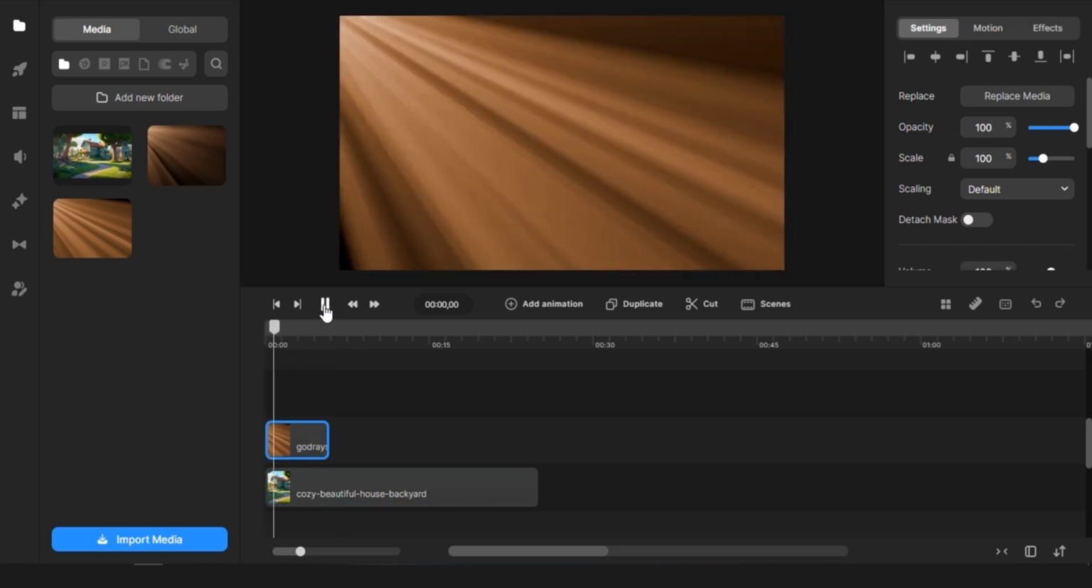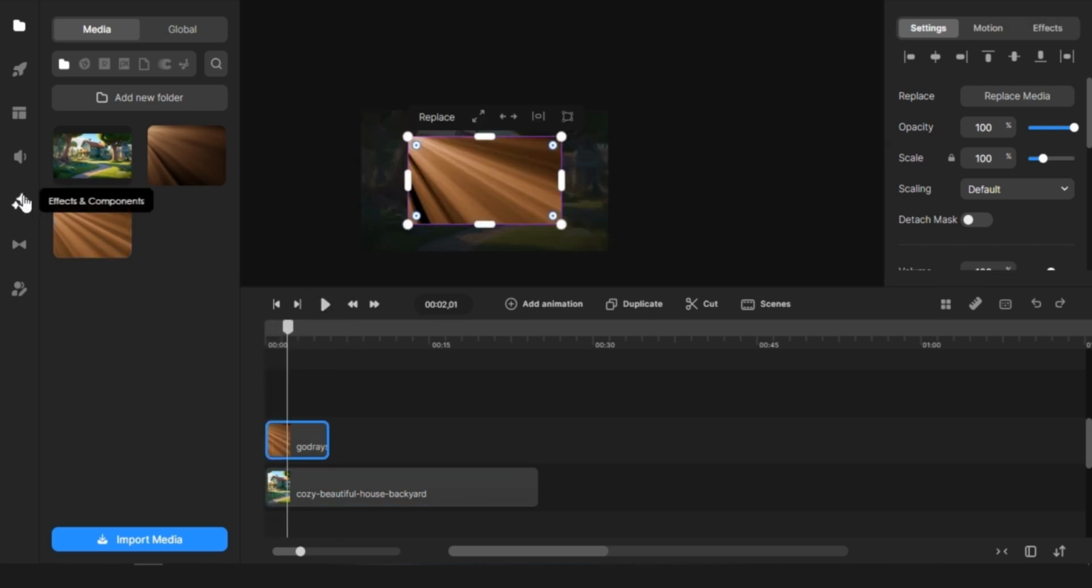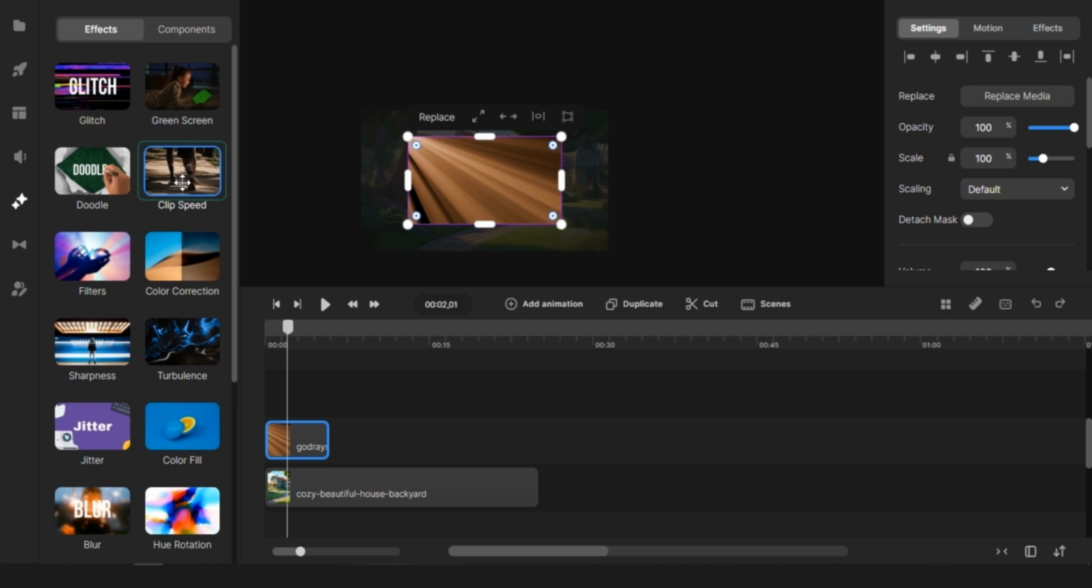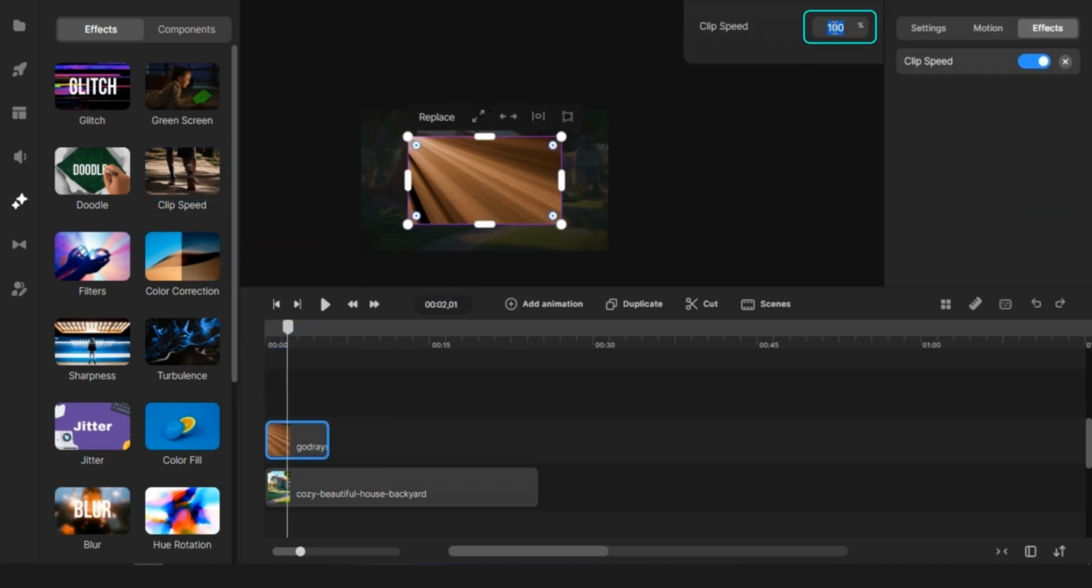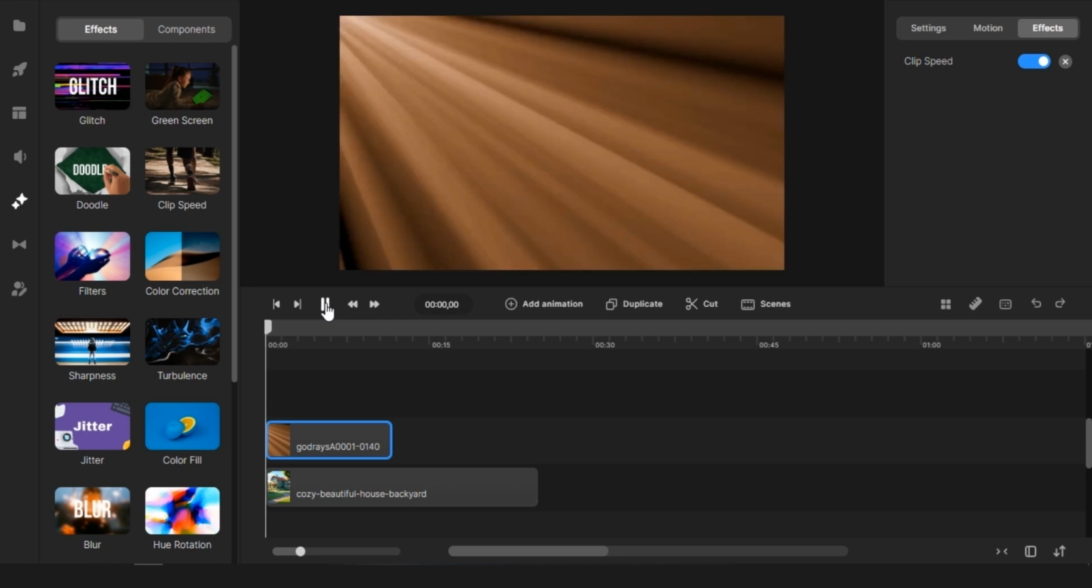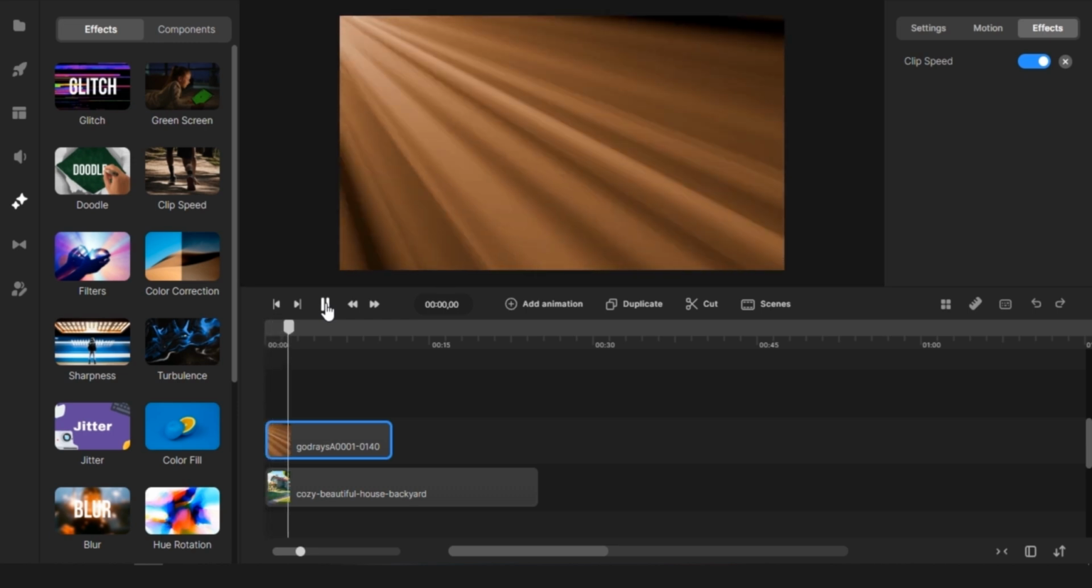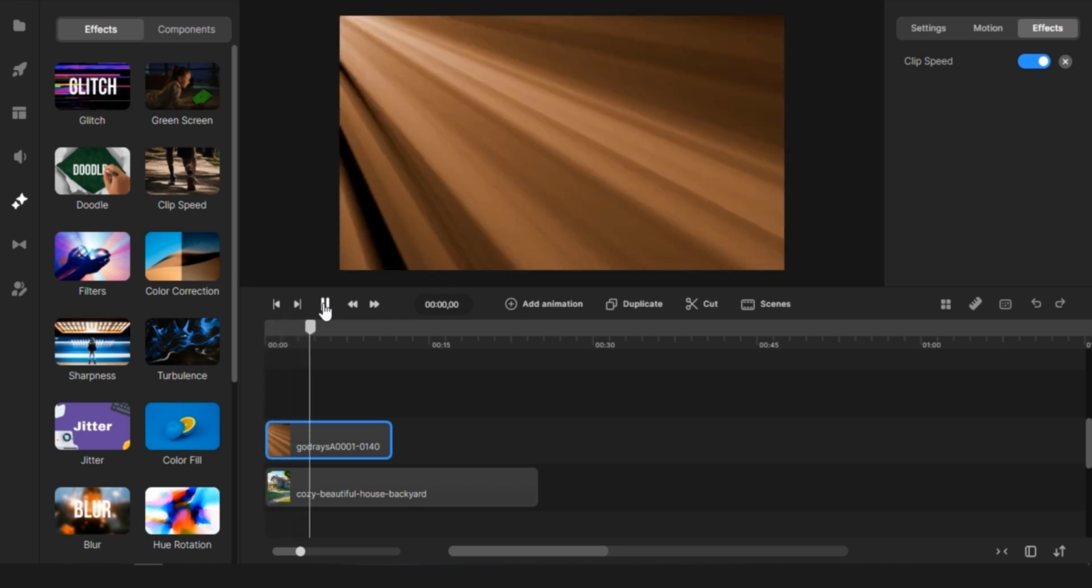Play the video. You may notice it appears too fast, but don't worry, we'll fix this by adjusting the settings. Apply the clip speed effect from Effects and Components to the Godrays layer. For this tutorial, I rendered a 140 frame video, but you can slow it down by increasing the frame count